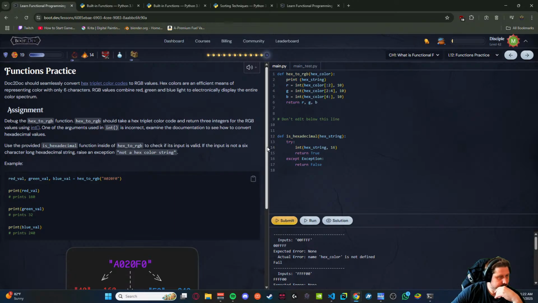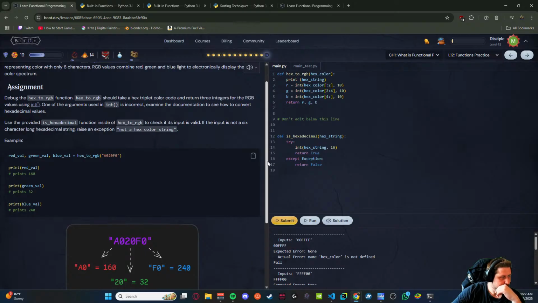Convert hexadecimal values. Where's the documentation?